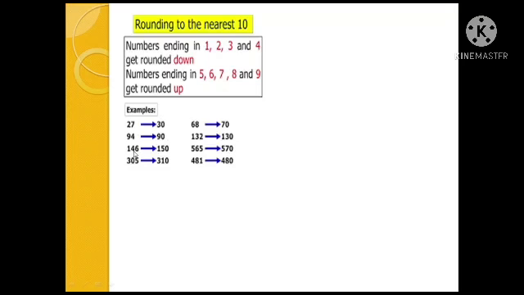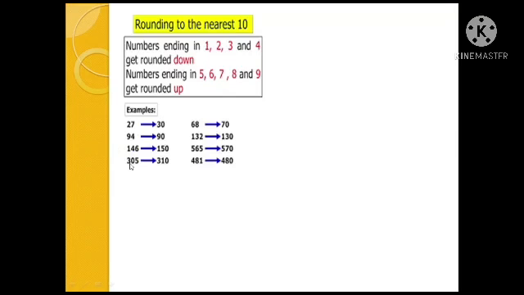146. We are rounding the tens place, right? So we have to compare the ones place. The ones place is 6, so 46 will become 50. If the ones place is 3, like 43, it will go down to 140. Only one rule: if it is 1, 2, 3, 4, you have to reduce the number. If 5, 6, 7, 8, 9, you have to increase to the next nearest number. Nearest for tens are 10, 20, 30, 40, 50, 60, 70, 80, 90. These are the numbers we can round off to in the tens place.